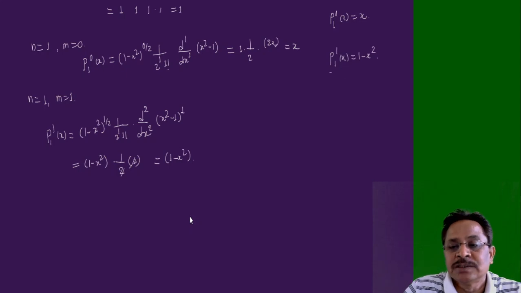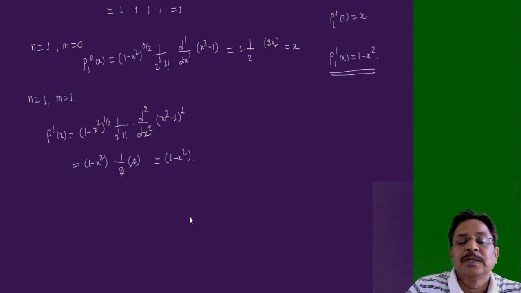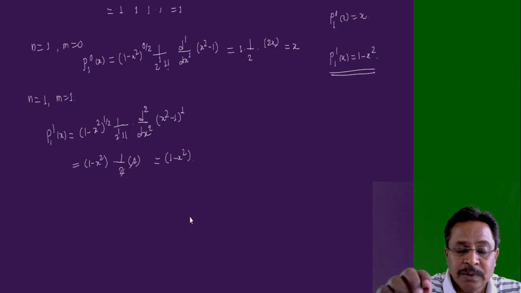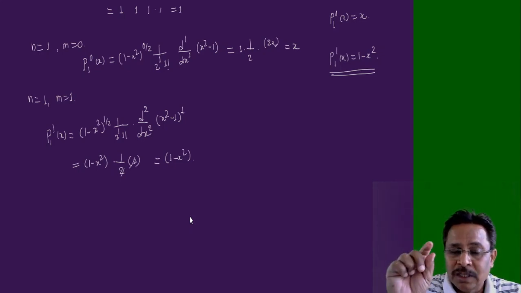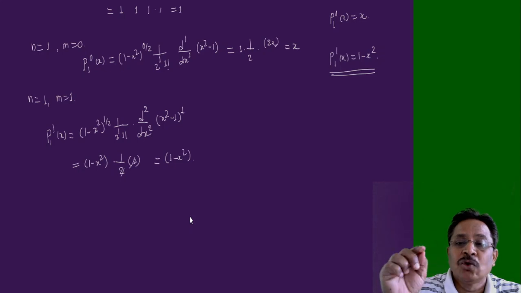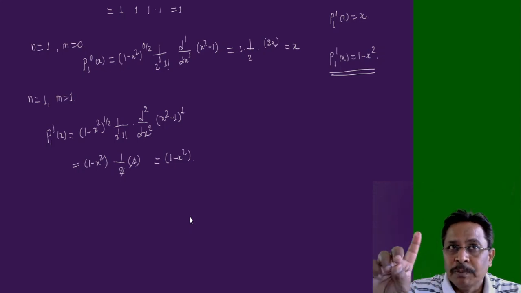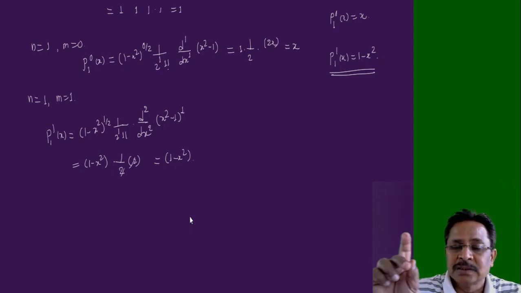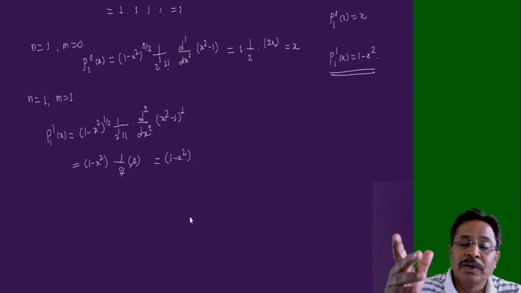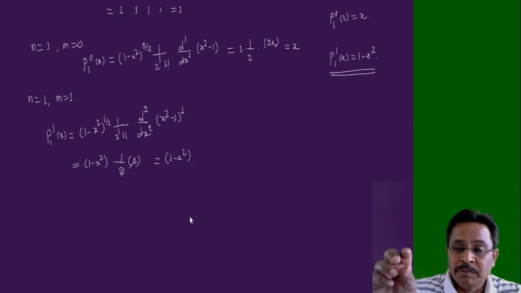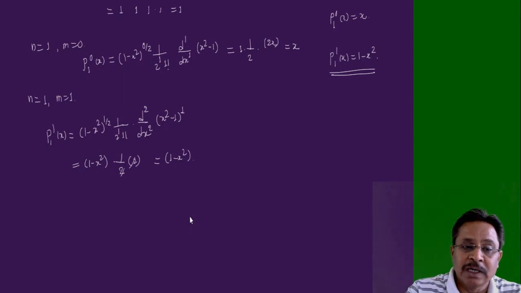So onwards from this, the associated Legendre polynomials are different ones. P00 of x and P10 of x are identical to P0 of x and P1 of x, that is the normal Legendre polynomial and the associated Legendre polynomial. The first two members are just the same, but from the third member onwards there starts a difference, and this is what we can calculate like this. Likewise, we can go for P21,